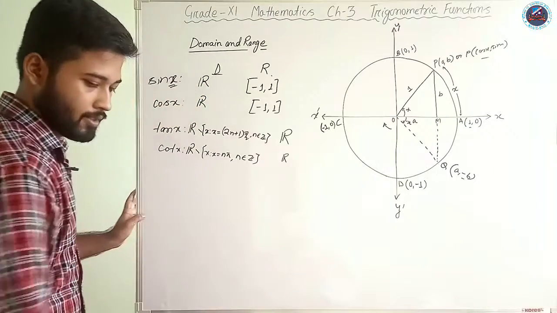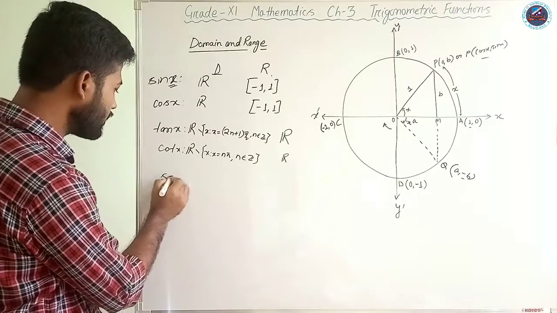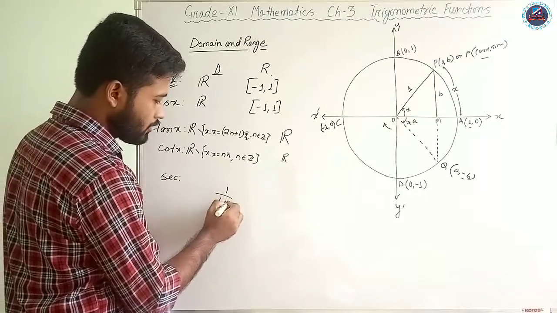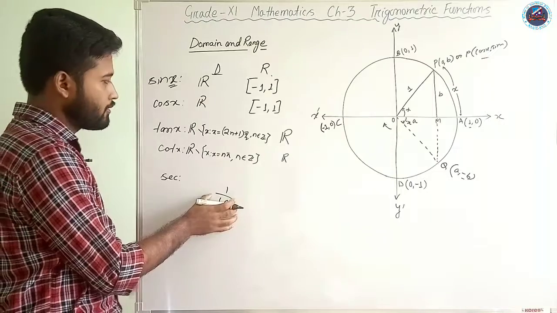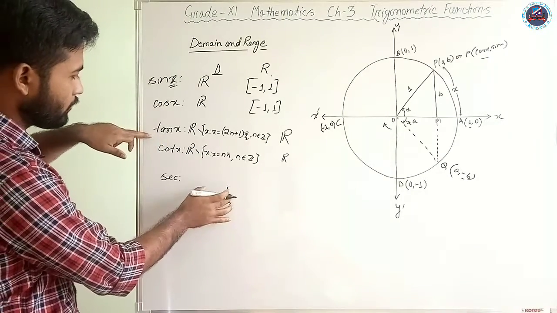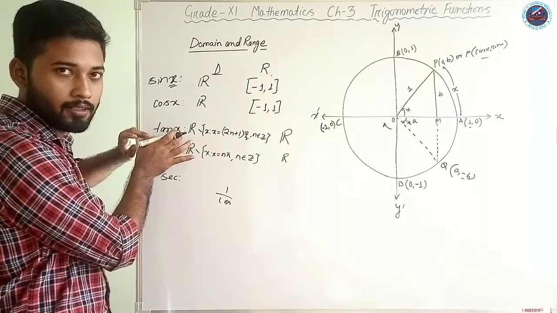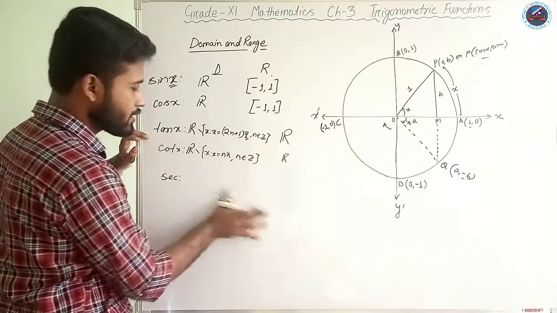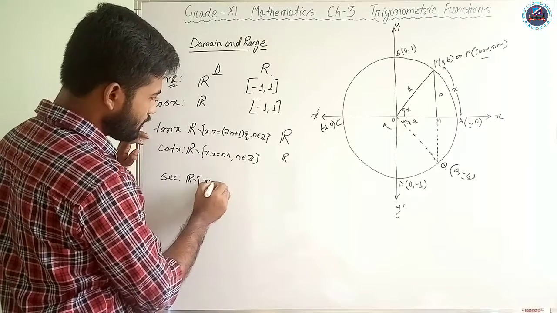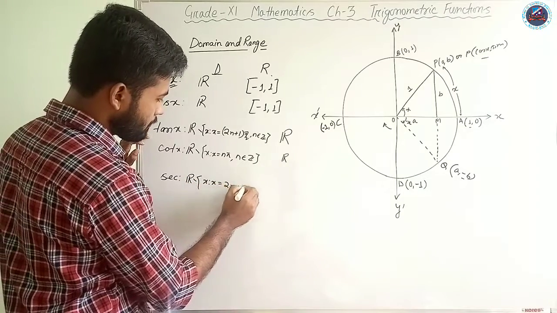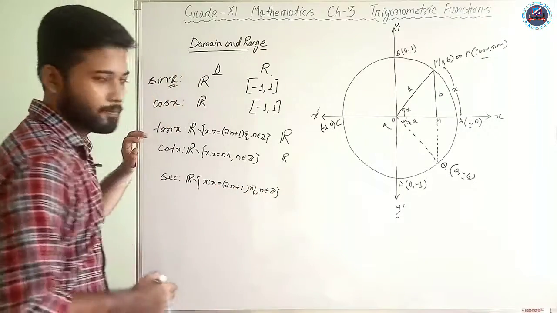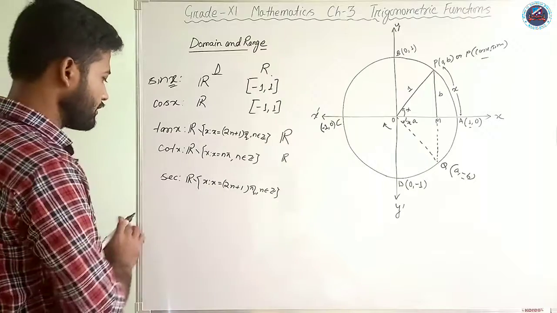sec. So what is sec? The domain of sec is, so sec means 1 by cos. So cos cannot be 0. So if cos is not equal to 0, then we are having the same condition as that of tan. That means the domain will be the same, because we can take all the real numbers except those x equal to twice n plus 1, pi by 2, and n belongs to the set of integers. Fine. Okay, we shall see the range later.